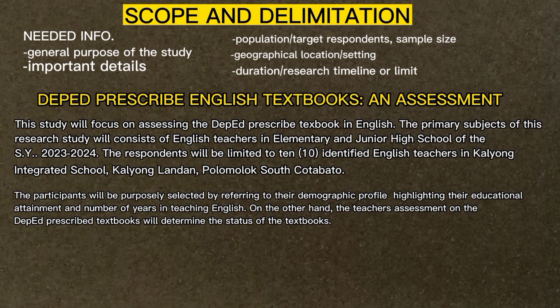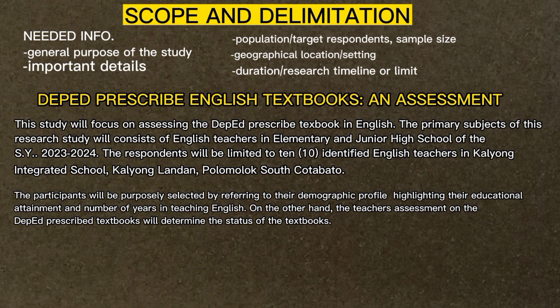Okay, for example, our research title here is the DepEd Prescribed English Textbooks and Assessment. So, yung scope and limitation natin is ganito. This study will focus on assessing the DepEd prescribed textbook in English. The primary subjects of this research study will consist of English teachers in elementary and junior high school of the school year